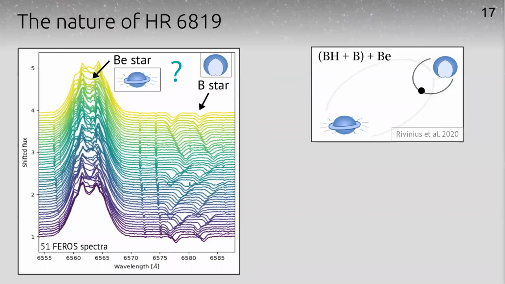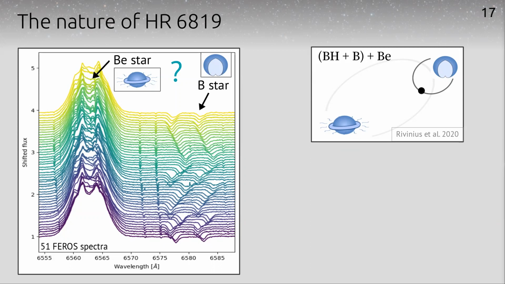And for that, I want to show you the data that this was actually based on, which is a data set of Ferros spectra. And I'm focusing here on a region around H alpha. And I've marked the two contributions which are visible in the spectrum, which is a composite spectrum. First of all, there is the strong H alpha emission, which is attributed to the BE star. And second, there is another star, which is here indicated as the B star, which, for example, here shows